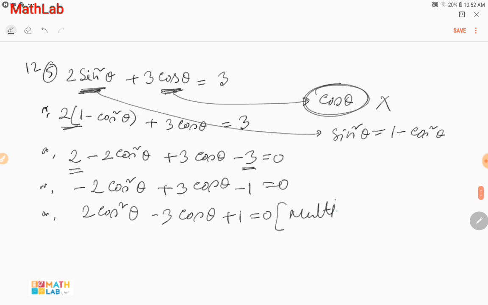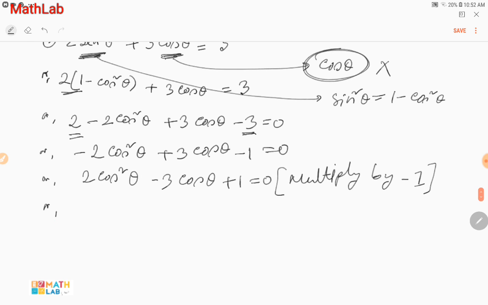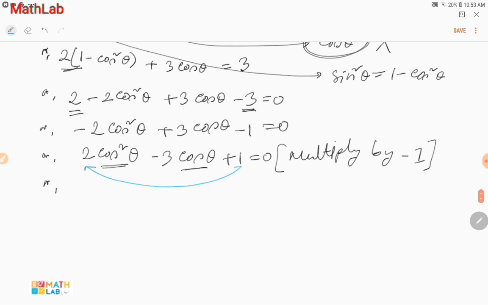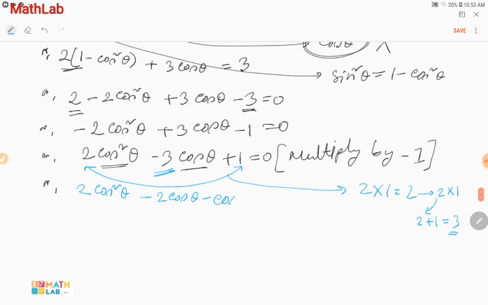Then we have to do factorization because our variables are in the same format, all are in cos theta. So we have to multiply 1 and 2. We get 2 into 1 equals 2, and we factorize 2 in the format 2 ones are 2, and this 2 plus 1 equals 3. We get the middle coefficient. Then that will be 2 cos square theta minus 2 cos theta minus cos theta plus 1 equals 0. And our next line will be